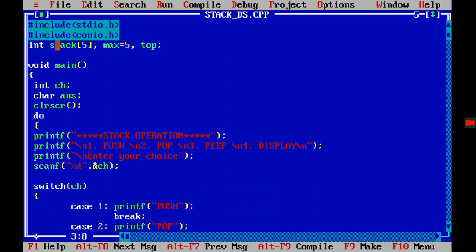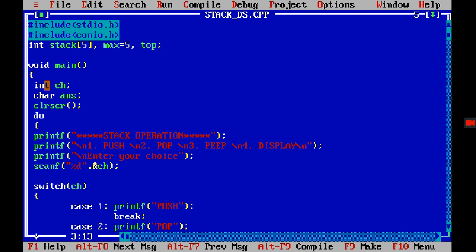Now you have taken this variable. Now why is there a need to take this variable globally? Because I need to use these variables other than in my main function. If I define it in the main function, that means it is accessible within the main function only.